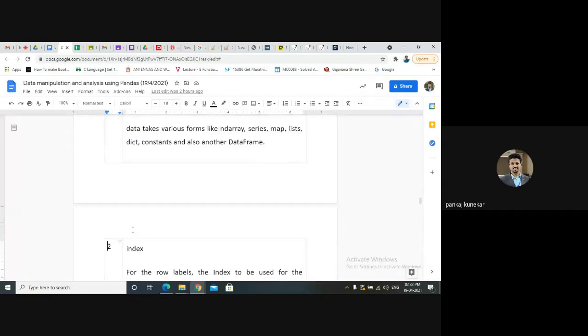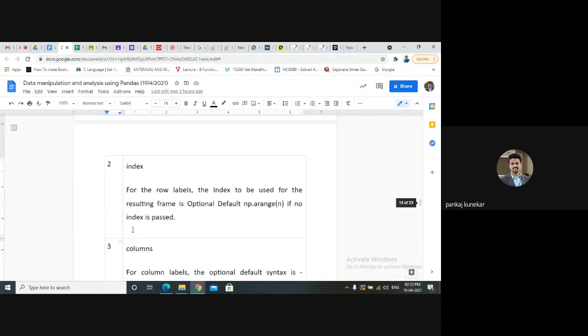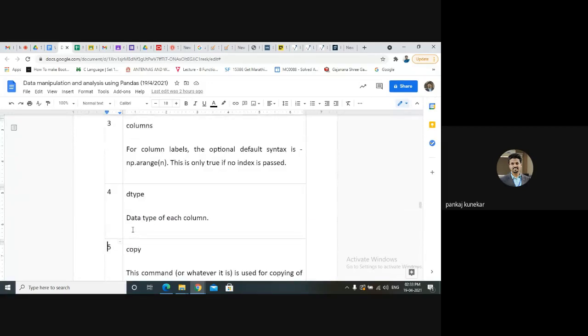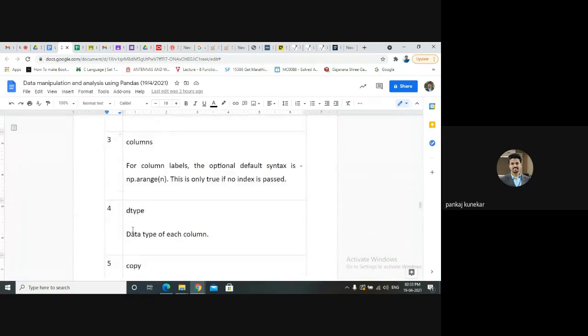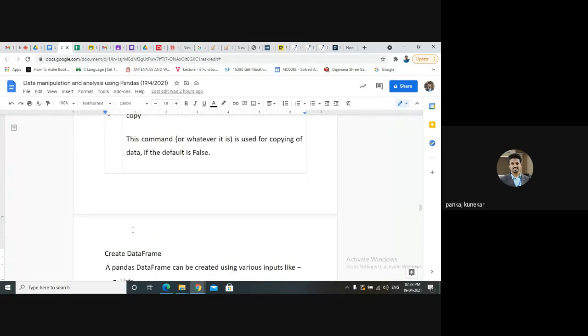Second one is index, for the row labels. We require columns, the column labels. Then we have dtype, which data type we require for each column, and copy. By default it is False. If you want a copy of your data, we can make it True.